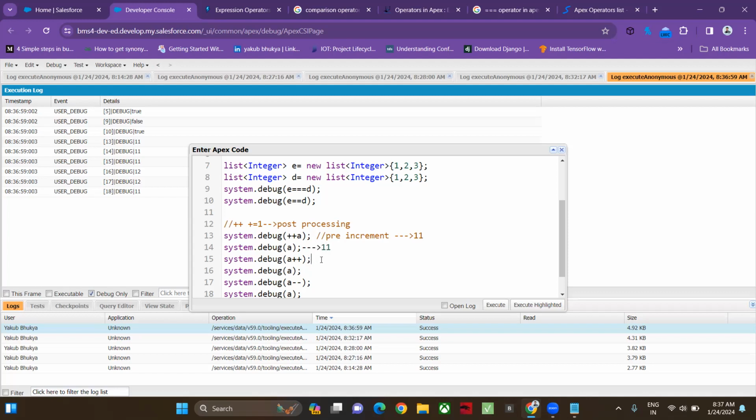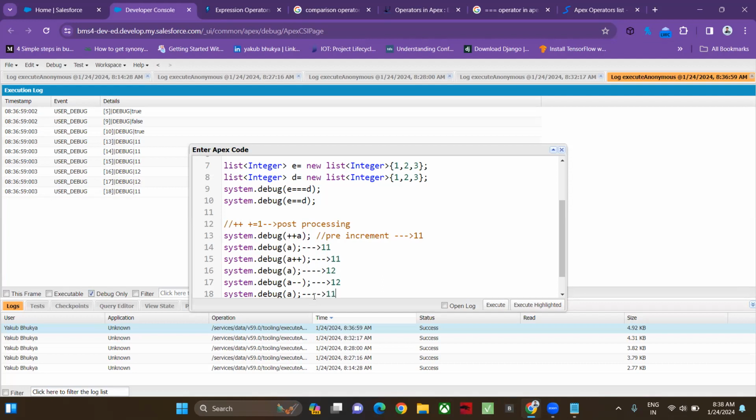Whereas system.debug a plus plus is a post increment operator. Means at this instance it will be 11 only, but here it will give 12. Similarly, a minus minus means again it will give 12, but here it will give